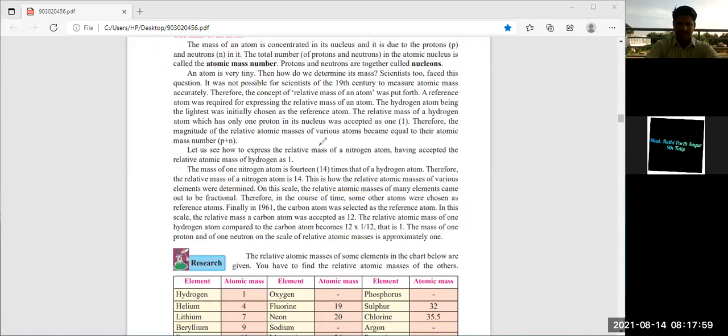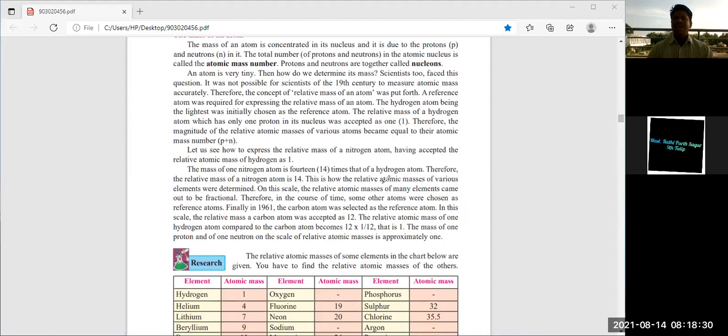Okay. So now here you can see the mass of the nitrogen atom is 14. Why is it 14? Because it is 14 times that of the hydrogen atom. That is considered 1 unit, that is hydrogen, like a cell in our body. We know that the cell is the structural, functional, and fundamental unit of the body. Same here, the hydrogen mass is taken as the fundamental unit for finding out other elements' atomic mass numbers. Got it, everyone? Yes or no?